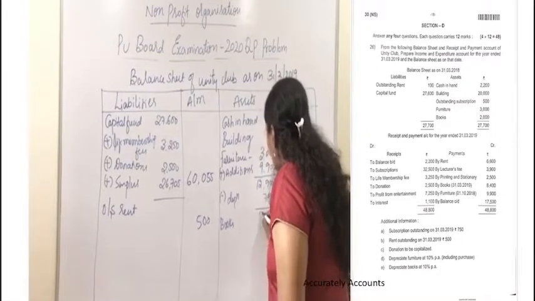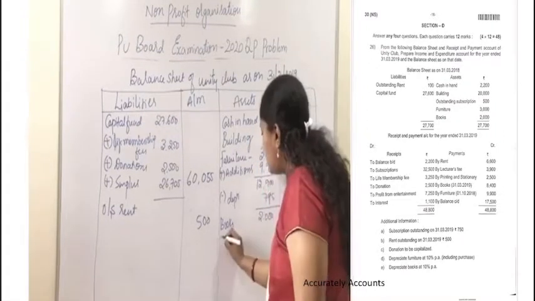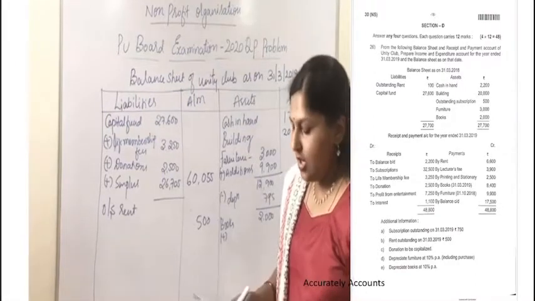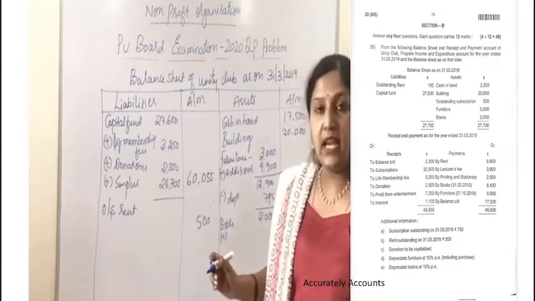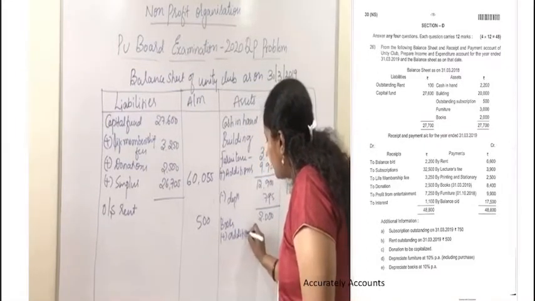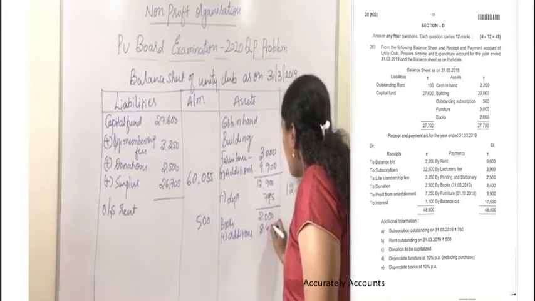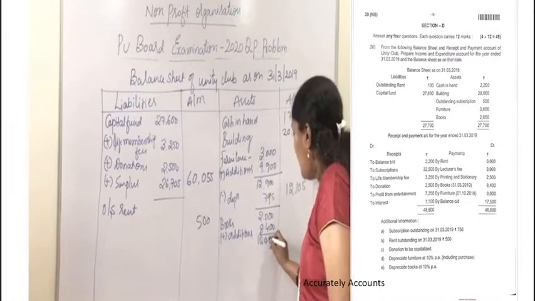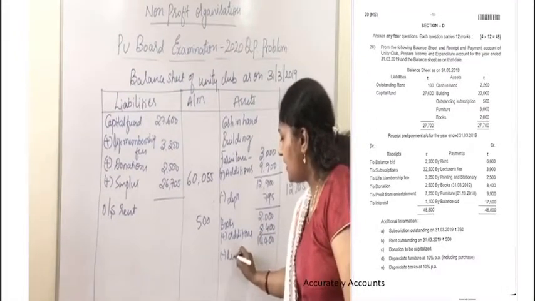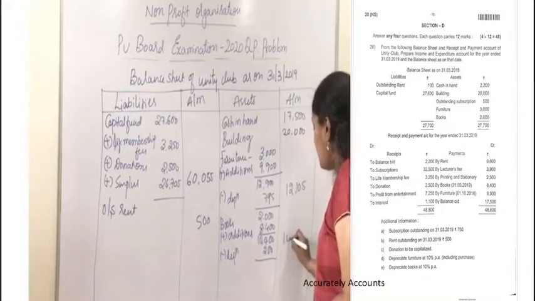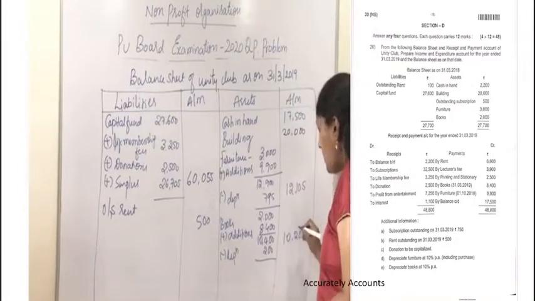The next asset is books. The book value of books is 2,000 rupees, and again there are additional purchases made to the books in the year, which amounted to rupees 8,400. Add additions, 8,400. Now the balance has become 10,400, and again we need to minus the depreciation, rupees 200, and in the outer column it is 10,200.